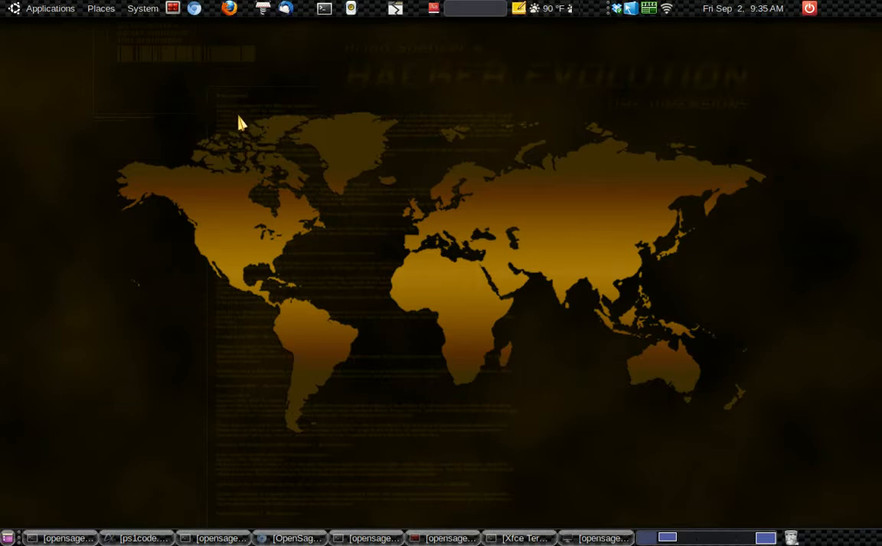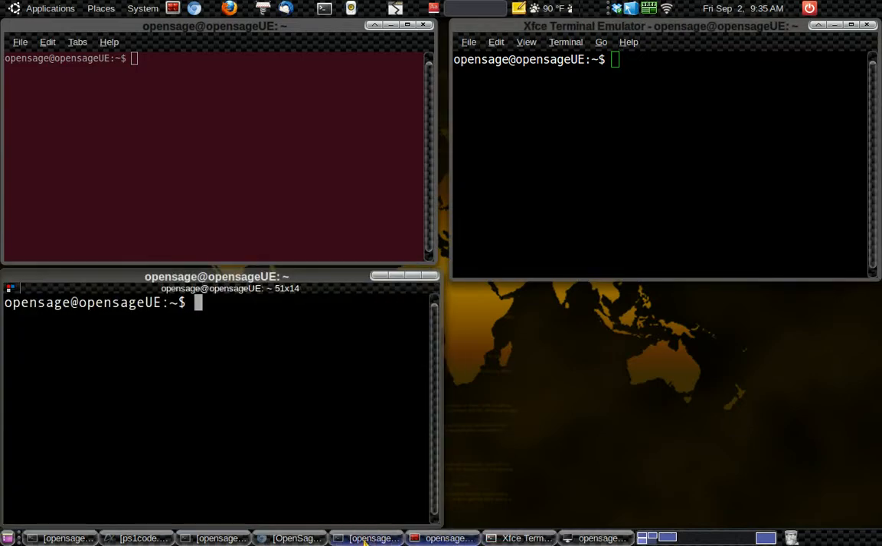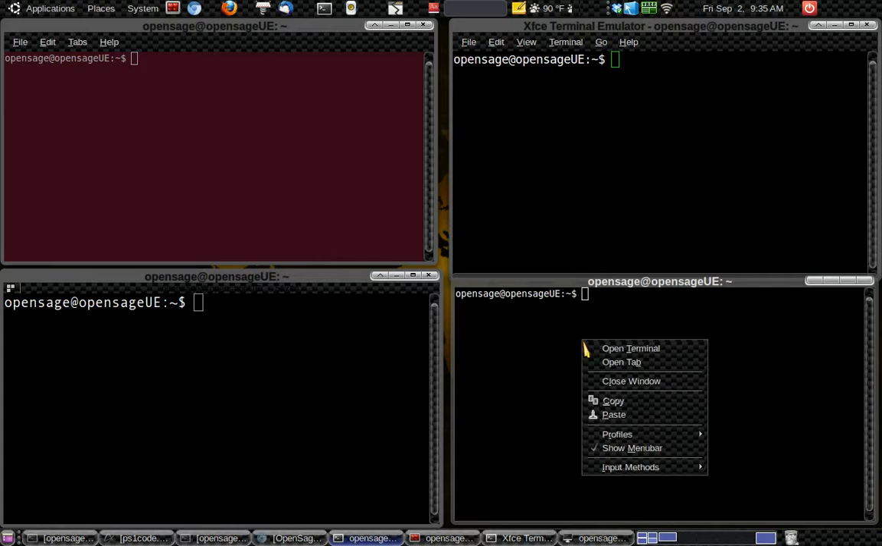Okay, so all the different distributions pretty much come with terminals, and they all have their own features and different properties you can change. Okay, so here I have four different terminals on my computer, and as you can see they're all a little bit different. We have some with menus, some that don't have menus. So if you have one where you don't see the menu at the top there, you can just do a right click and then show menu